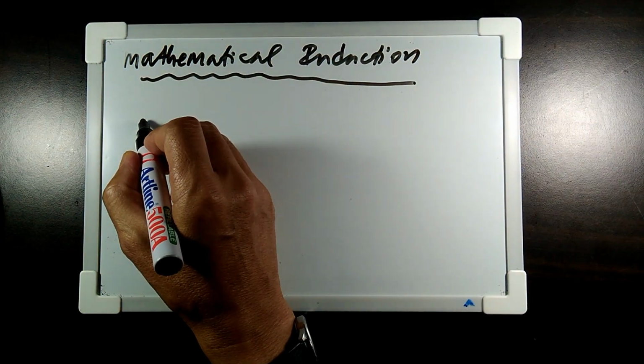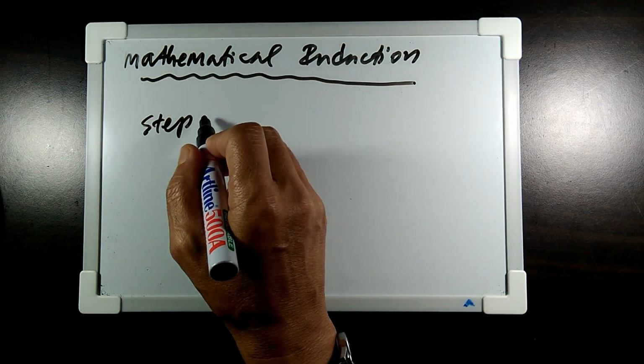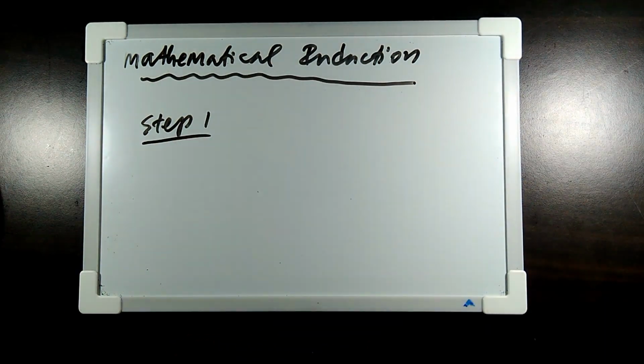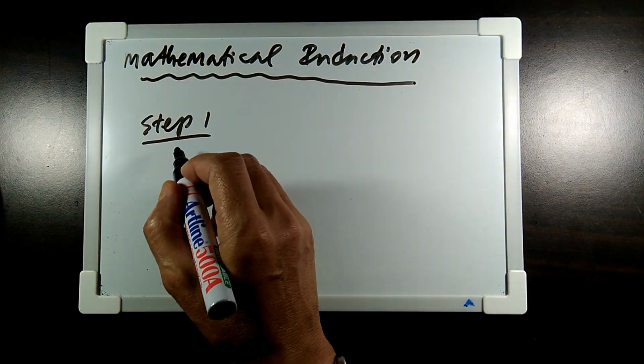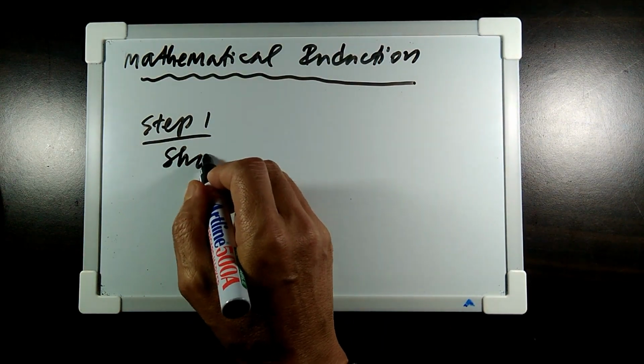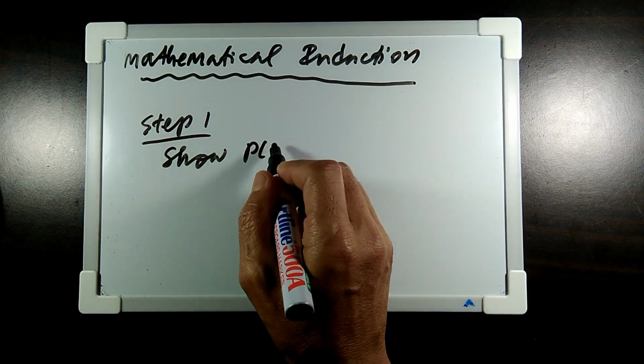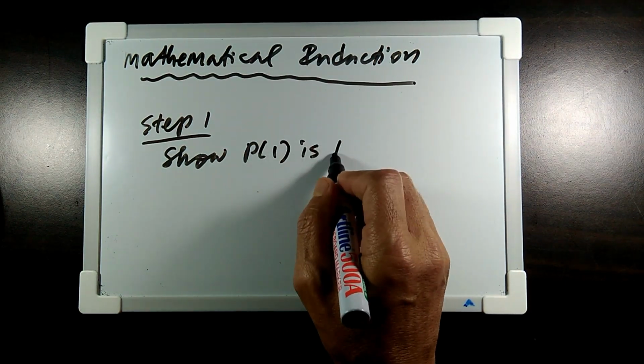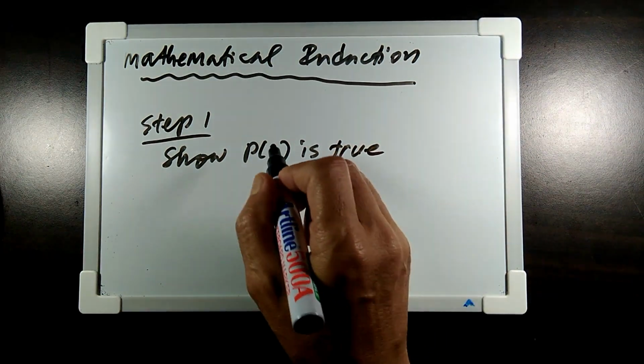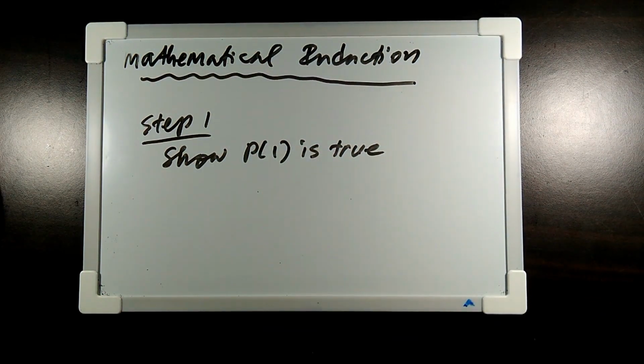We call it step one. In step one, what we have to do is show that P1 is true. Now this number 1 is arbitrary. Maybe 1 or maybe some other number, maybe 0. For example, if the domain is n greater than or equal to 3, that number is not 1